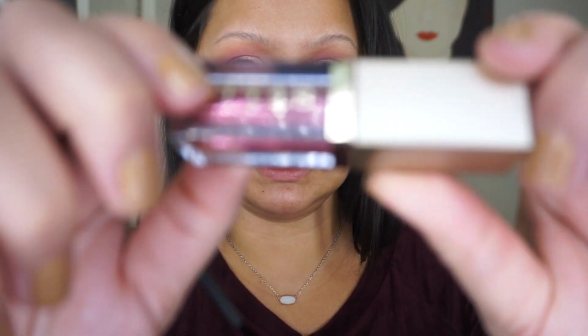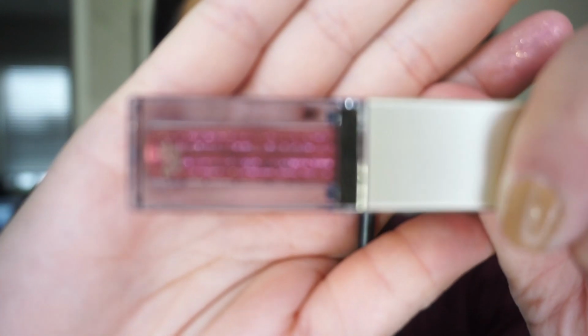So now I'm going to take, the eye look is pretty much done. I'm going to take this Stila liquid glitter, and this one is in the shade Next to Note, which is this really pretty burgundy shade, and it's very sheer. I was surprised when I used it yesterday just how sheer it was,